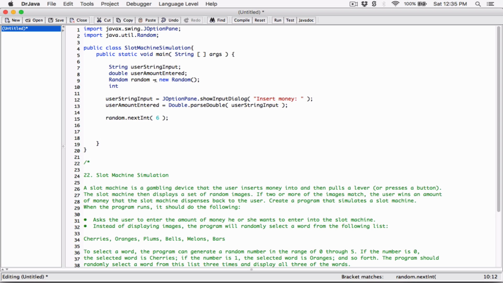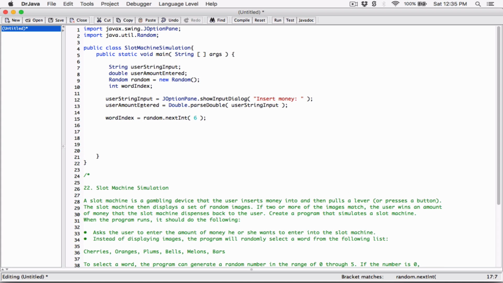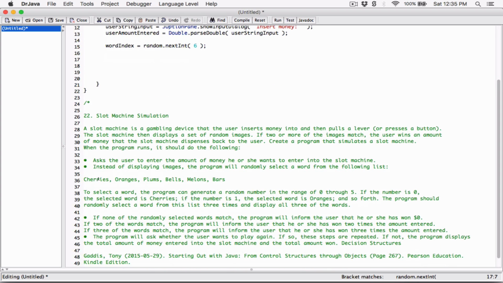It's going to be an int. I'm going to call it word index, like this. So word index is now going to store the random number that's generated from this range. So any random number from 0 to 5 is going to be stored here in word index. So now, since we have that number, we can create an if statement to check what that number is, and based on what that number is, we can associate